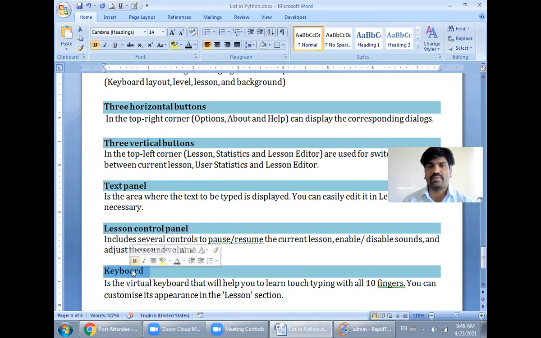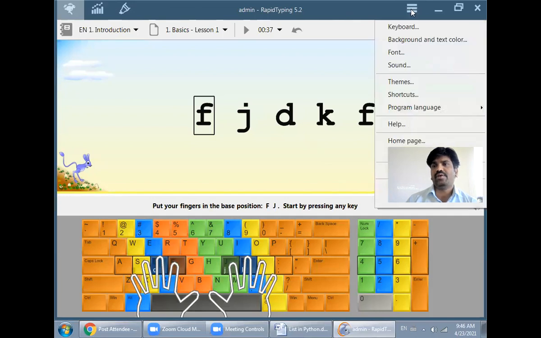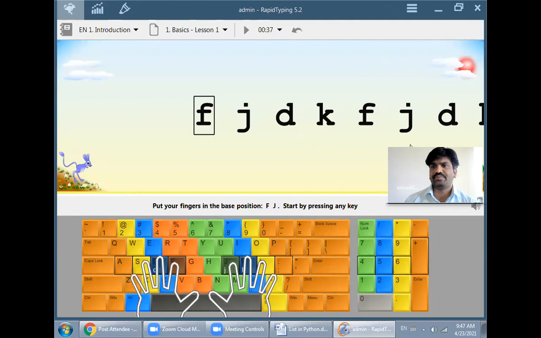We will move to the typing tutor software, where I will give you the introduction about the tools of typing tutor. So this is our typing tutor first screen, where you can see a number of buttons and interface in it. The very first thing is called the task pane, where we can find the three vertical buttons. The first button is used to make changes to the appearance of your typing tutor.